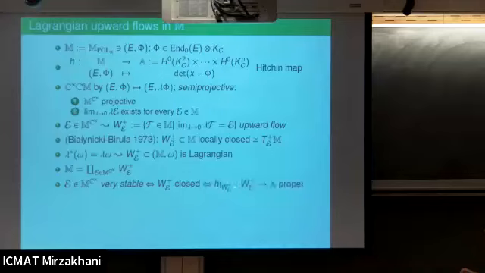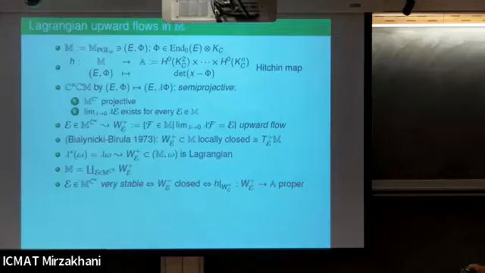It's equivalent with various things. For example, it's equivalent with the Hitchin map restricting to the upward flow as a proper morphism. Of course, if it was closed, then the Hitchin map will restrict to a proper morphism, but it's an if and only if statement. For example, now you have a proper morphism between affine varieties of the same dimension, so it has to be finite. It's C star equivariant, so 0 will only go to 0.